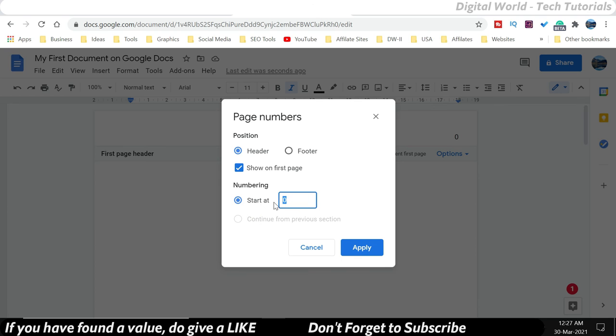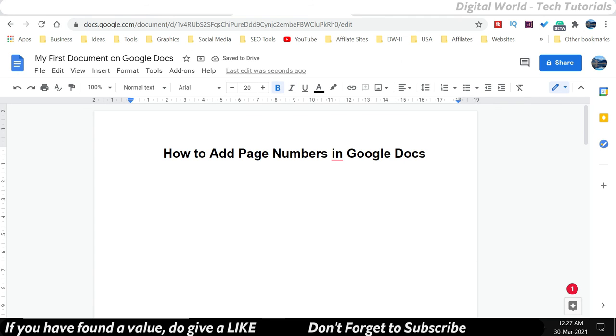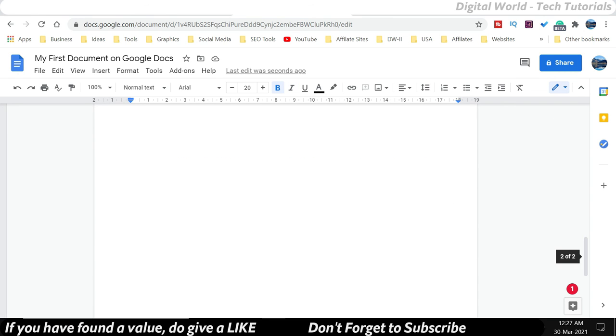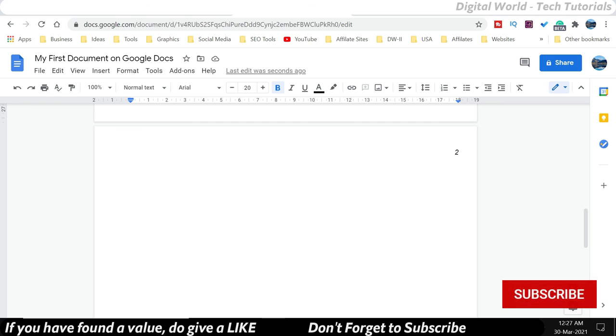So if I make this 1, and if I skip this, don't show it on the page 1, so it will not show the page number on the page 1, and it will start from page 2. So this is how you can add the page